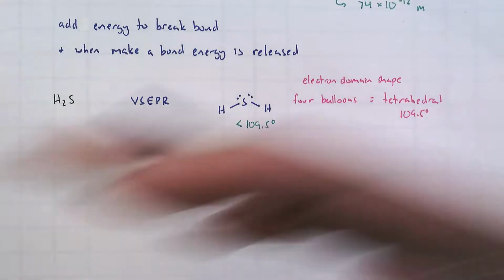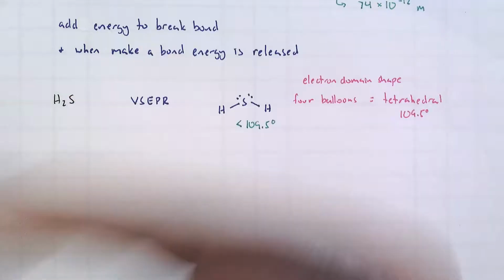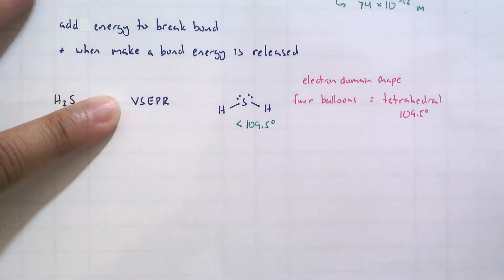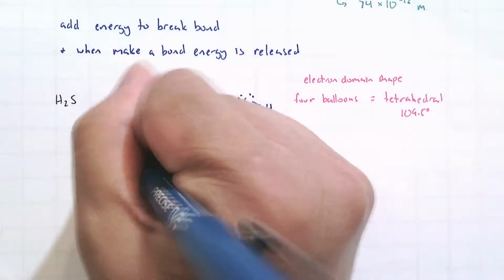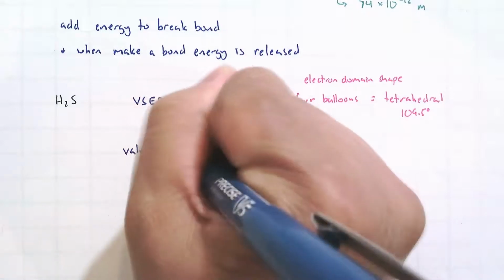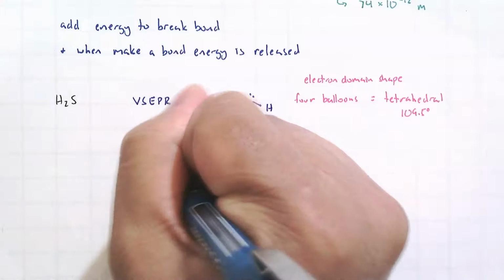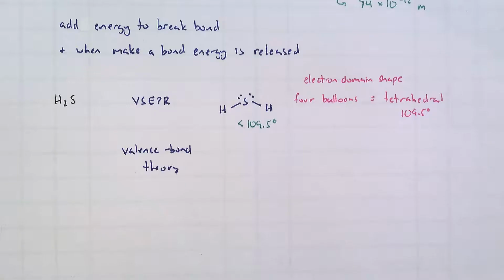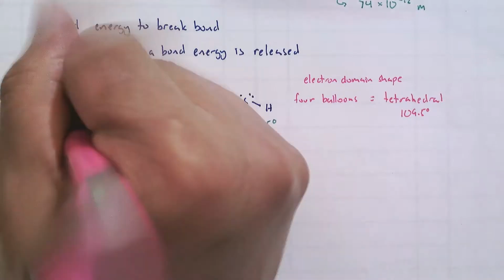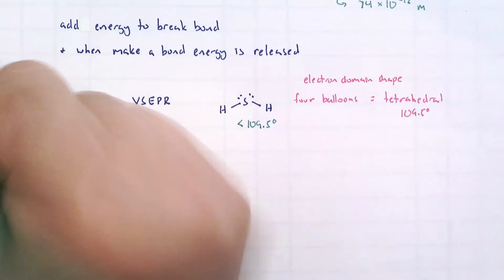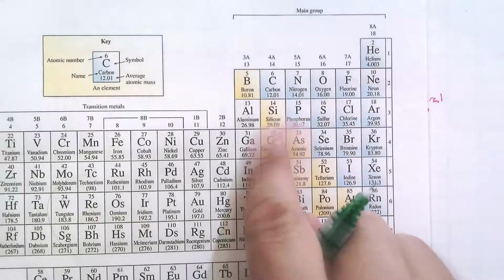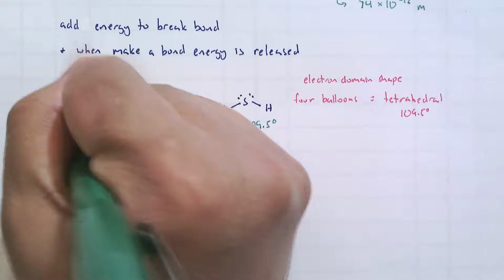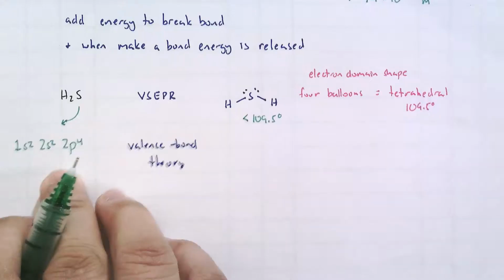Remember I said that these theories have their advantages and disadvantages. For this particular molecule, VSEPR is not the best theory to use. You should be using valence bond theory. Because what does valence bond theory predict the bond angle to be? For valence bond theory, you have a sulfur, and that sulfur's electron configuration is what? It's 1s2, 2s2, 2p4. And then if we look at what potentially could be the orbitals that are half filled,